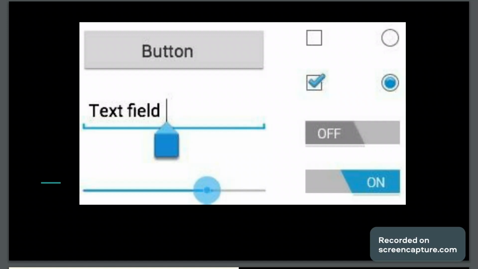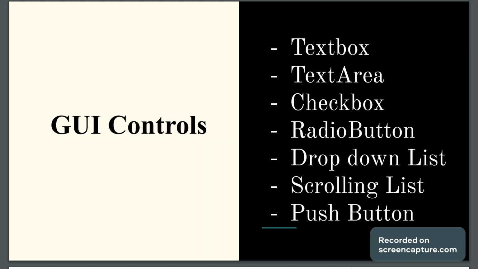So while designing a web page and placing all these controls, we should have an understanding of these basic controls, like we can design a text box, text area, checkbox, radio button, drop down list, scrolling list, push button. For placing these controls on a container, we will learn about creating a container first,